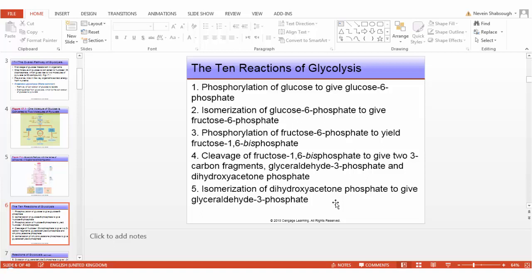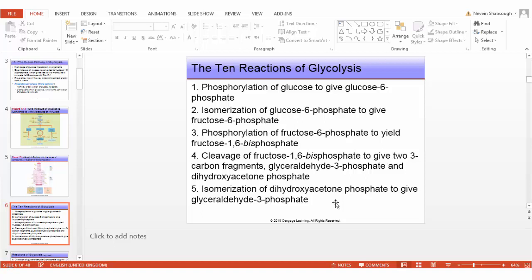Then cleavage of this compound to give 2 three-carbon fragments. One is called glyceraldehyde 3-phosphate and the other dihydroxyacetone phosphate, followed by another isomerization of dihydroxyacetone phosphate to give glyceraldehyde 3-phosphate. Now, this stage is important because now, instead of one, you have 2 glyceraldehyde 3-phosphate molecules